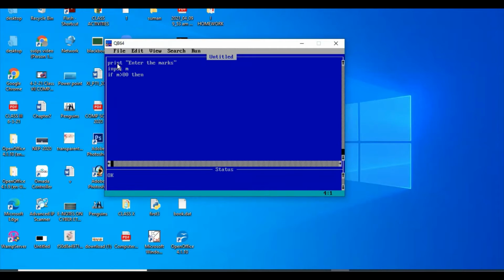So for making these comparisons, you need to have relational operators. Okay, am I clear? You need to use relational operators. That is why in the if, I have taken the condition m more than 80, then